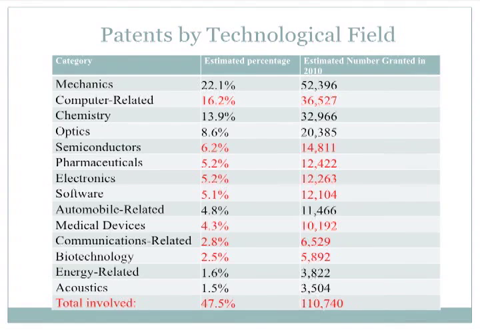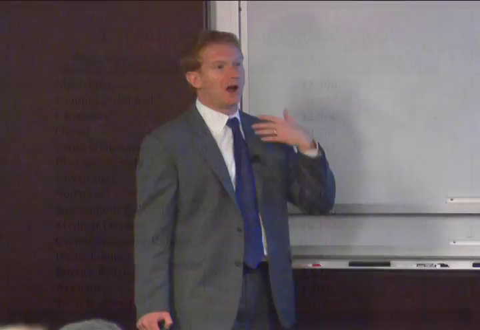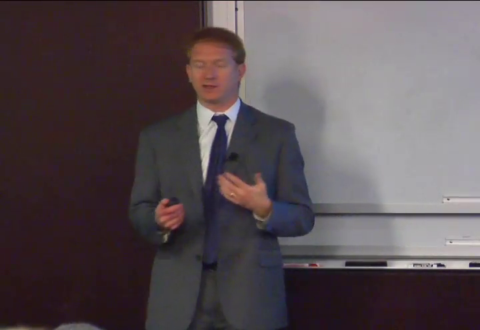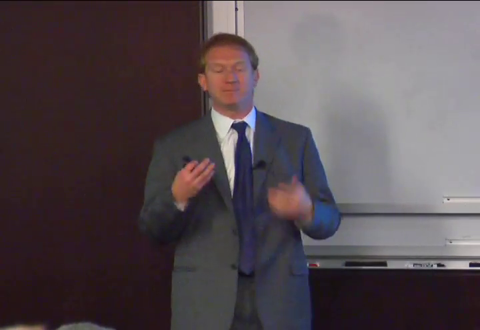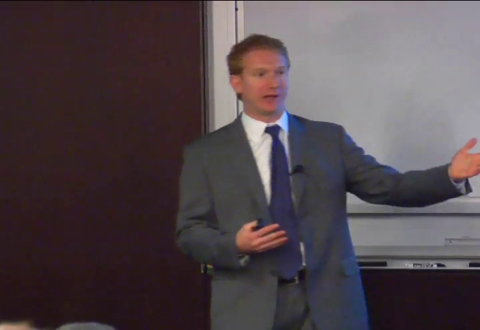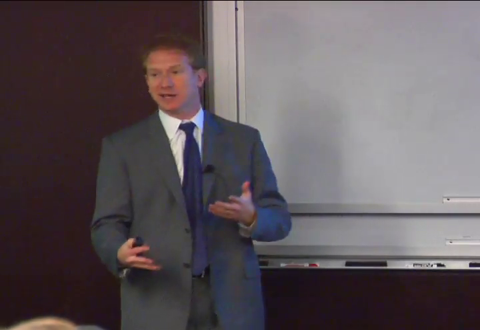Those are fields where we think that either health insurance, patent pools, or cross-licensing agreements are basically creating two-part pricing. As you can see, it's close to 50% of all of the economic activity taking place in the world of patents. Close to 50% of all the patents being granted are in areas in which some two-part pricing mechanism is operating. That means almost 50% of the patents might not be creating any deadweight loss at all. Patents for which this trade-off between upfront deadweight loss and longer-term innovation simply doesn't exist, because the upfront deadweight